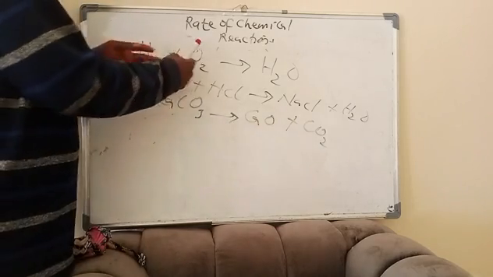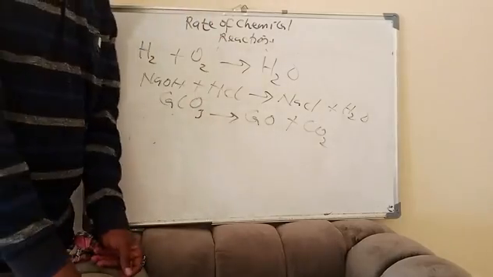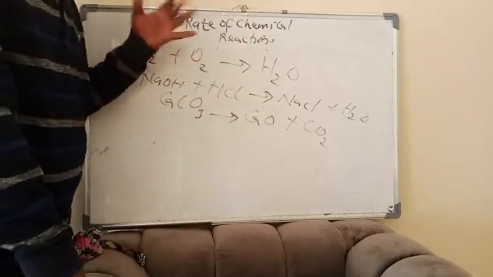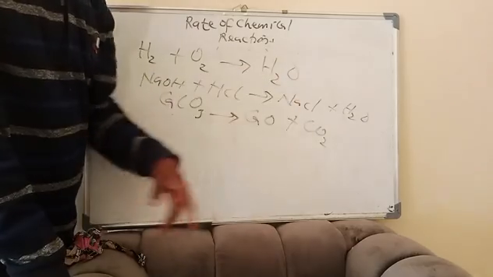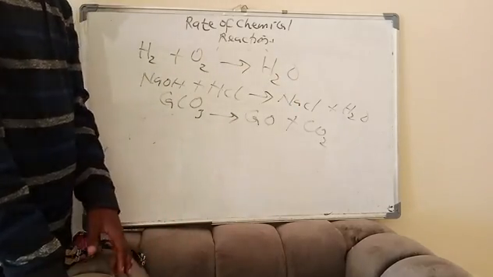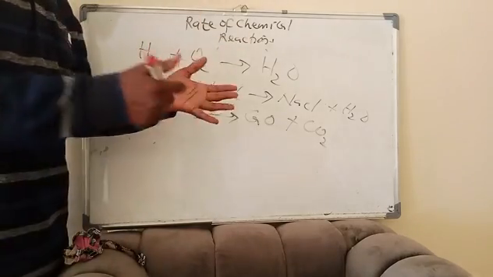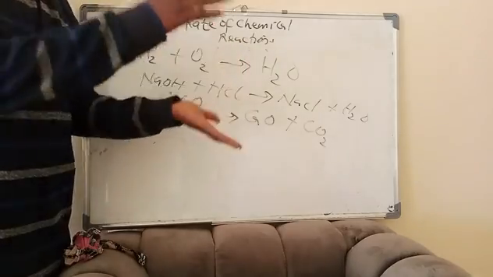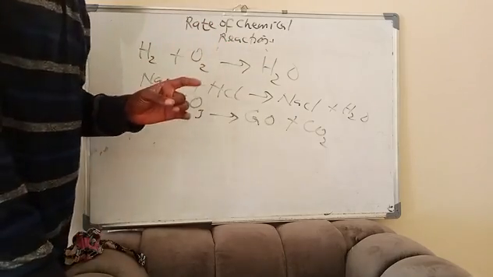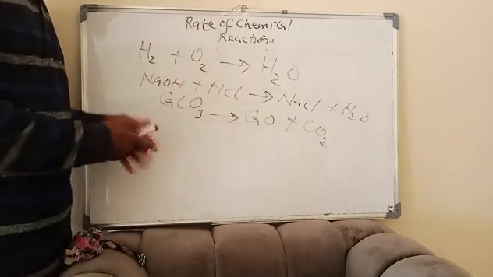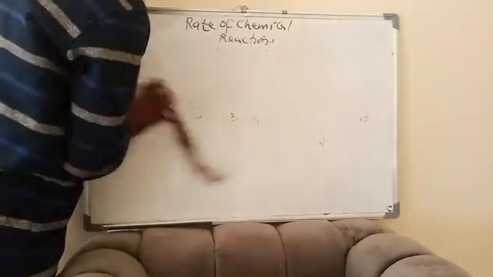So this is an ordinary direct combination reaction. So we have different types of reactions. A reaction could involve one or more reactants, and the product could be one or more products. You understand? Usually where we normally have one product is in direct combination. We have elements combining with elements like hydrogen and oxygen, it forms one product. So that is it. Then the topic, which is rate of chemical reaction.